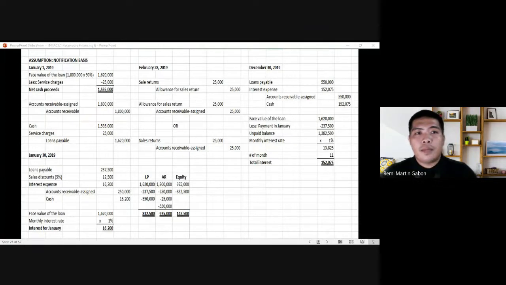Okay. So now, for February 28, still the same. We don't have any difference in journal entry under notification and non-notification basis because the transaction is only referring to the sales return. So we can debit sales return and credit accounts receivable dash assigned. Okay? Then for December 30,